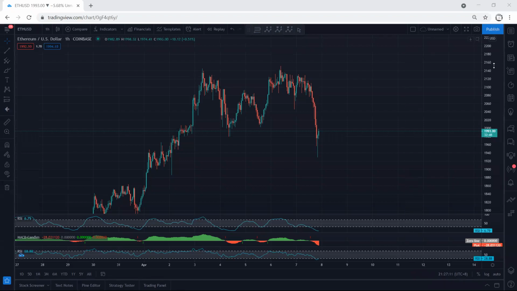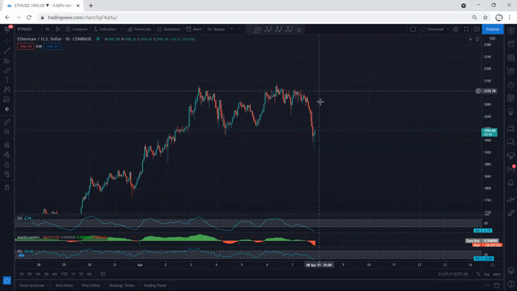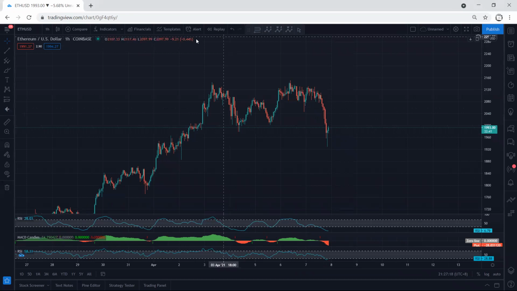ETH, we start with the 1 hour chart. First of all, I want to point out what we have been discussing about this flat. Since we got this down move, if we refer to our analysis, when the price was within this move, I pointed to this and mentioned that what we have here is a flat. We can expect the price to drop, and exactly this is what we get.